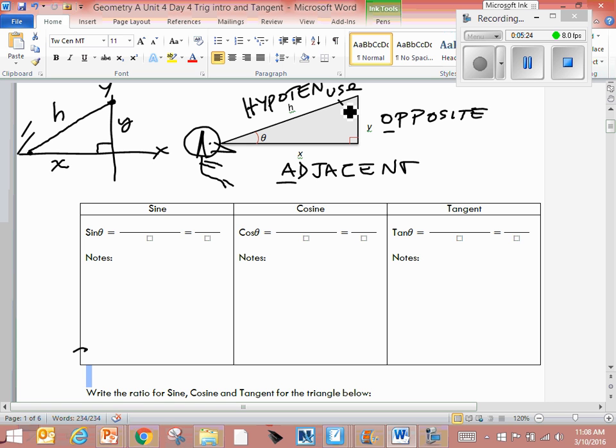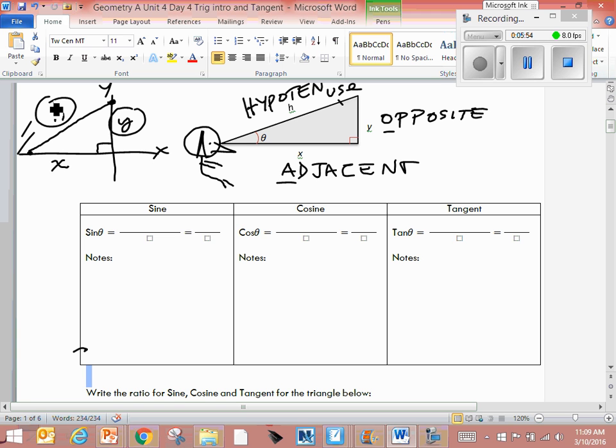All right, let's see how this thing works. Let's just tell you some stuff. Sine. The hypotenuse is kind of the most important part of a right triangle in the middle. So when you get sine, we're going to compare the y to the hypotenuse. Like, we're going to compare this guy to the most important person in the room. So sine is,